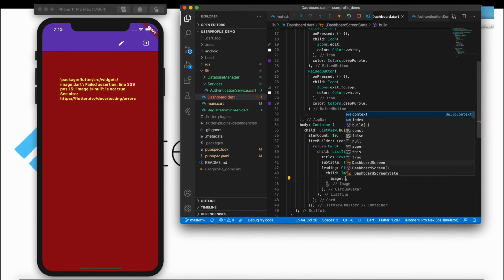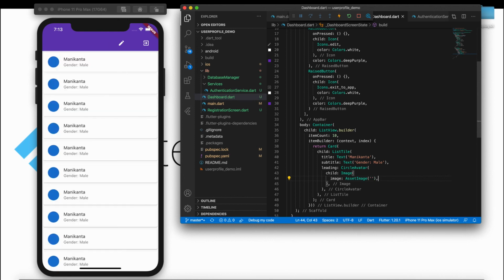Inside the image I'm going to add an asset image. Right now I have not added any image here, so I'll do it later. Right now I'll just create an empty image over here.